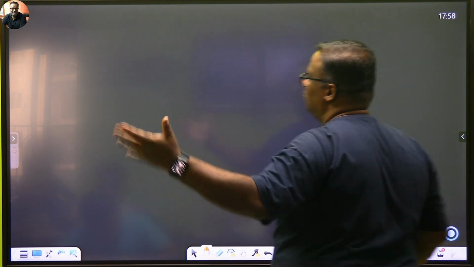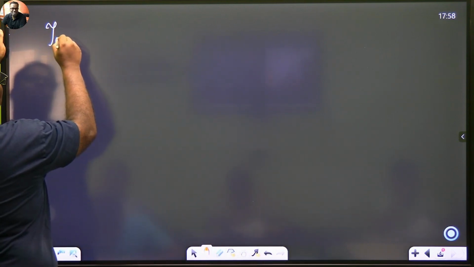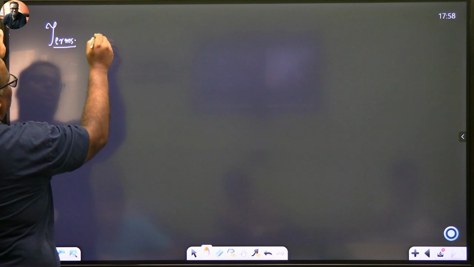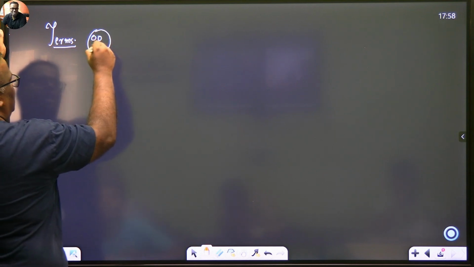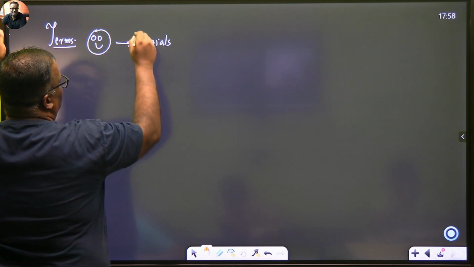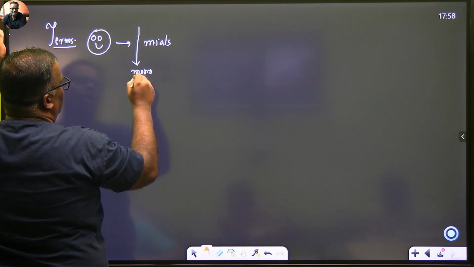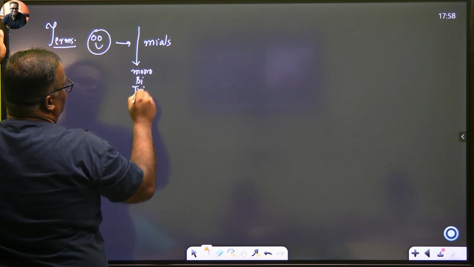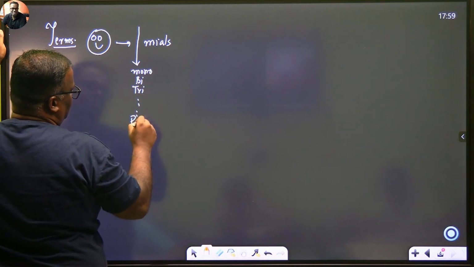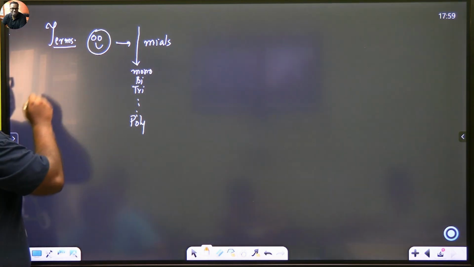So let's give some names also. Now, on the basis of terms, how do you name them? On the basis of terms, I'm going to say that these are known as nomials, and you go on adding something here: mono, bi, tri, and don't burn my head, put a poly. Understood? On the basis of degree,